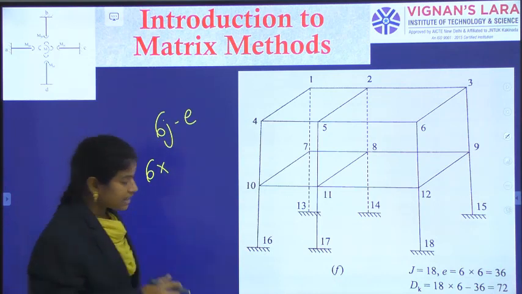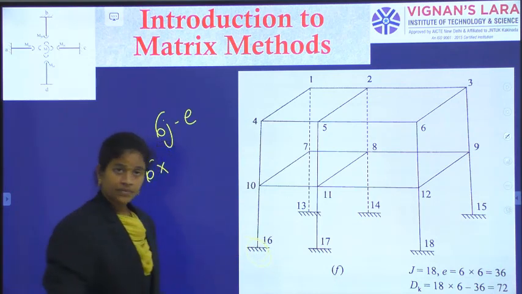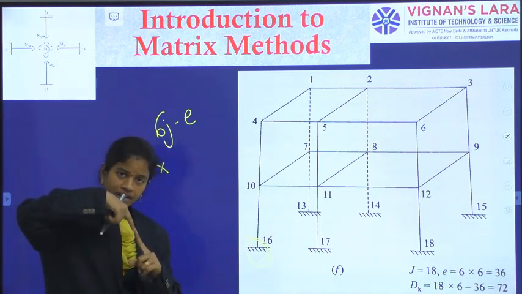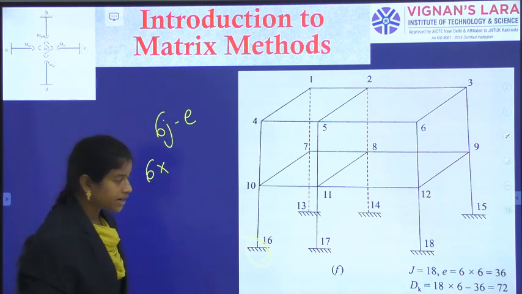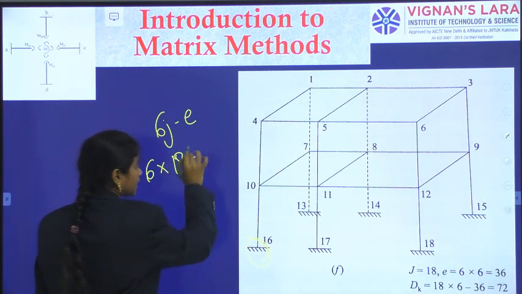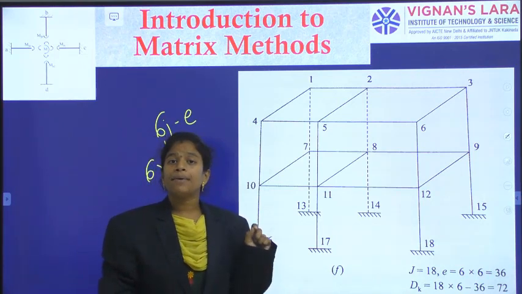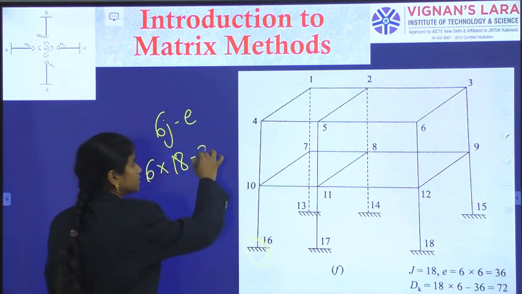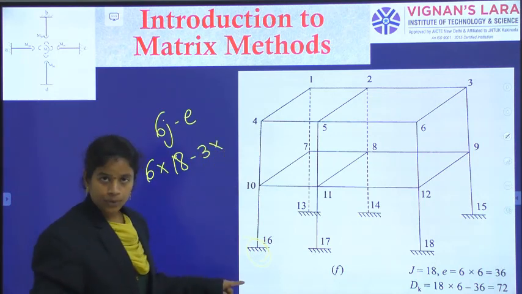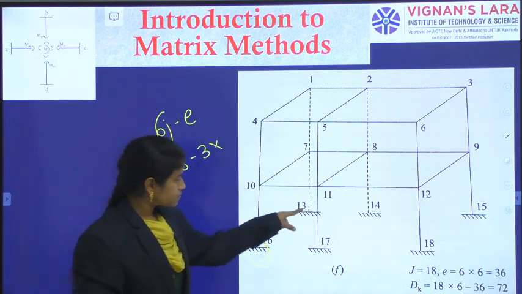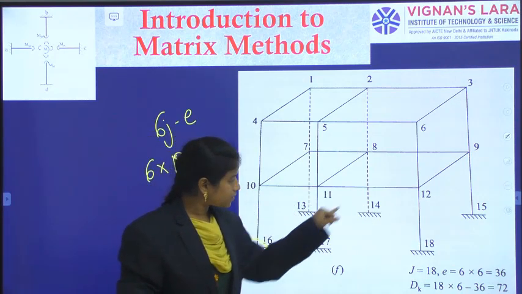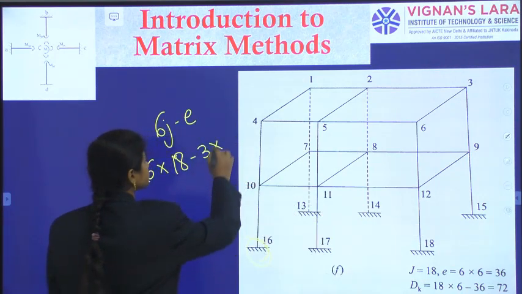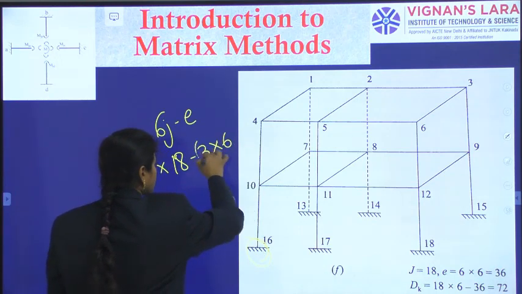See, joint is this point also. The fixed support is also a joint. This is also a joint. Okay, so the number of joints is 18. And what are the compatibility conditions? 3 into, because everything is a fixed support. So how many fixed supports? 1, 2, 3, 4, 5, 6. So 6 fixed supports. And also